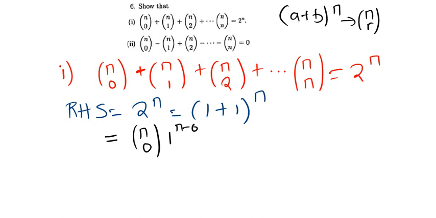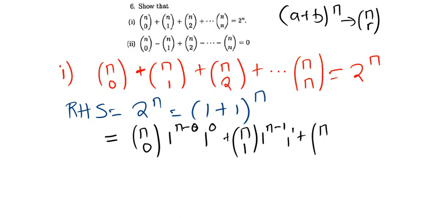So that's what we're trying to do there. So n choose 0, 1 to the power n minus 0, 1 to the power 0, plus n choose 1, 1 to the power n minus 1, 1 to the power 1,